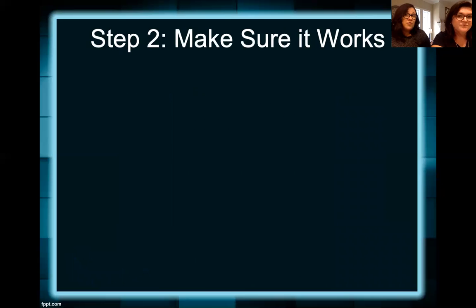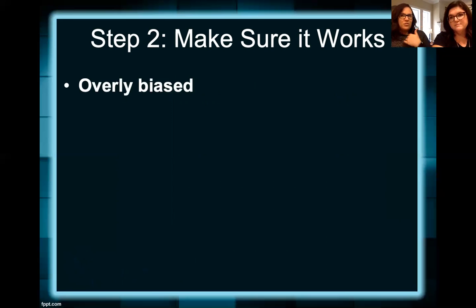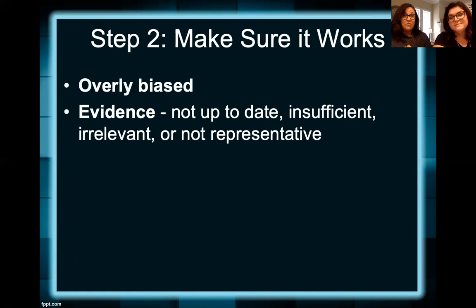Next thing you're gonna do, once you find a text you think works, you're gonna make sure it works. Yes. You need to be able to point out these things in your text. So like I said, with the hair part article, even though I completely disagree with it, there really wasn't enough to work with. I couldn't have written a whole essay about it. So you're looking for texts that are overly biased. That's why opinion pieces tend to work well for this. Absolutely.